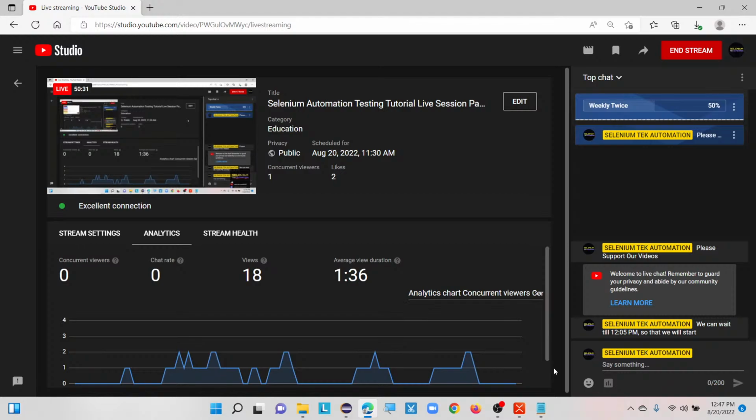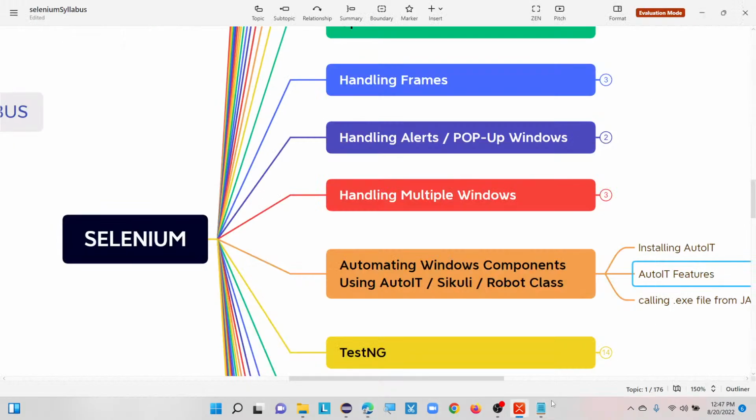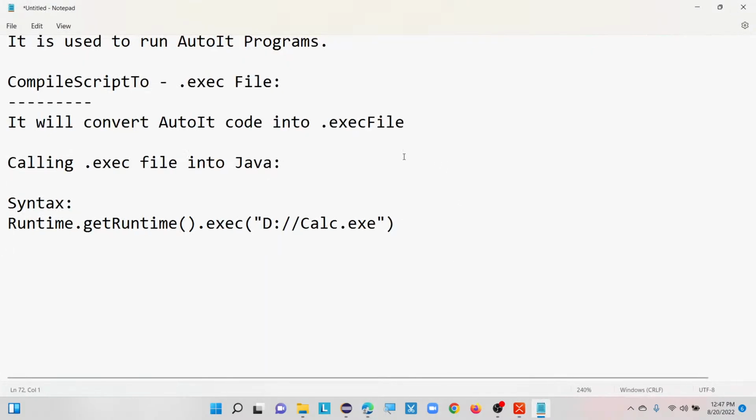First, what is TestNG here? TestNG is a testing framework inspired by JUnit, and it provides many powerful features for executing Java programs. So TestNG is a testing framework inspired by JUnit, that is, Java unit, which provides many powerful features for executing Java programs. When you come to the TestNG features, TestNG provides